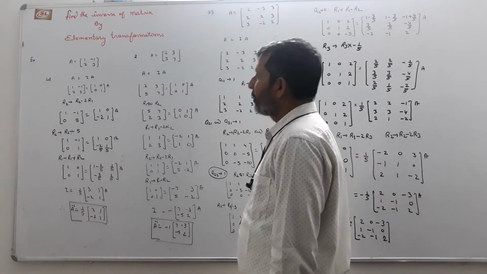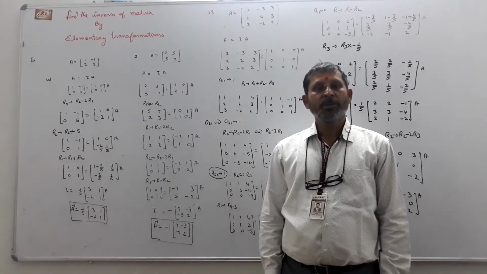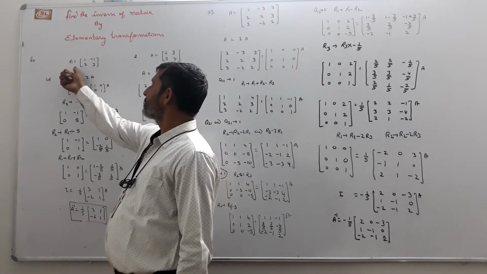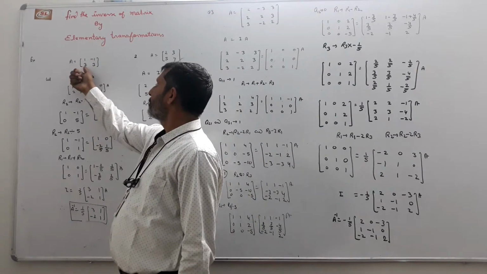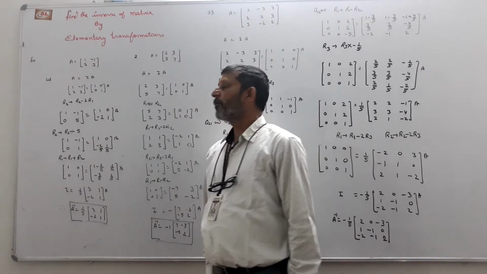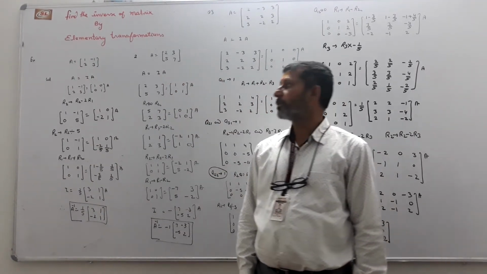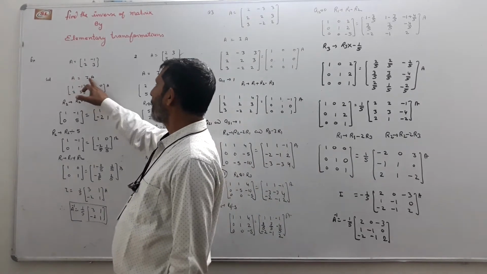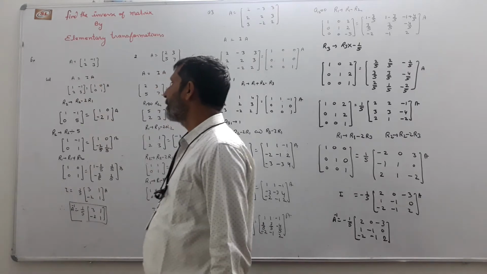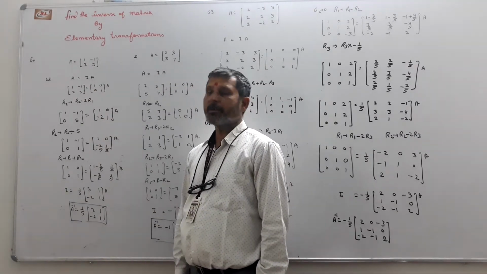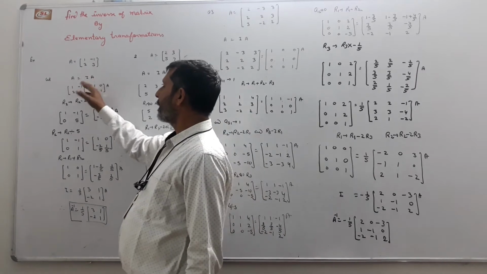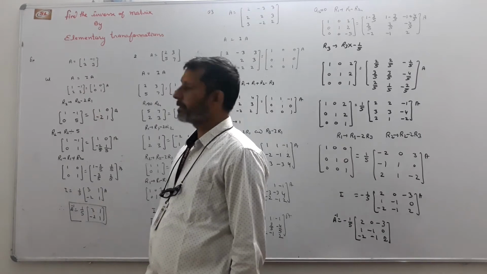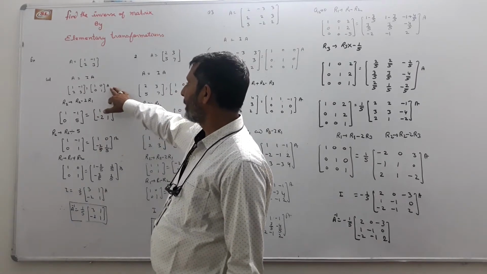Because we already know that the inverse is only possible for a square matrix, let me suppose that A is a square matrix whose elements are 1, -1, 2 and 3. Then we find the inverse of this matrix by using the elementary transformation. Let A = IA, because any matrix multiplied by the unit matrix gives the matrix as it is. We write A, I as it is, and the A matrix as it is. We only write A, not the values of the matrix.